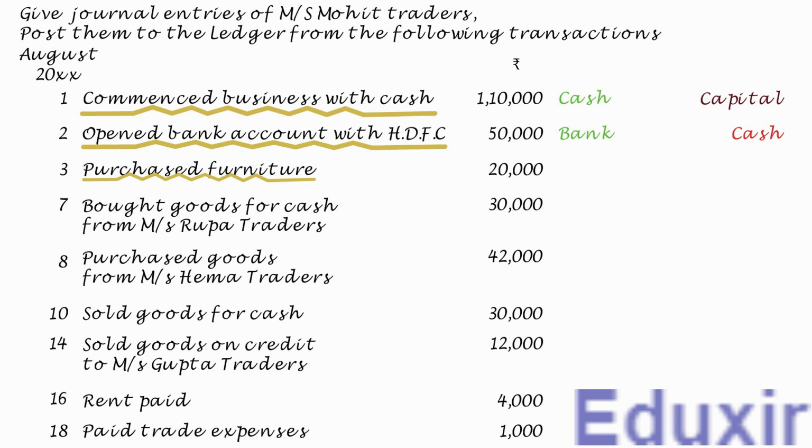As you know, the capital expenditure is considered as an asset. One more thing to note here is that as it is not specifically mentioned that the furniture is purchased for credit, and it is also not specified that the furniture is purchased from any vendor or seller, we can safely assume that the furniture is purchased for cash. With these assumptions, this transaction can be restated as purchased furniture for cash and for office use.